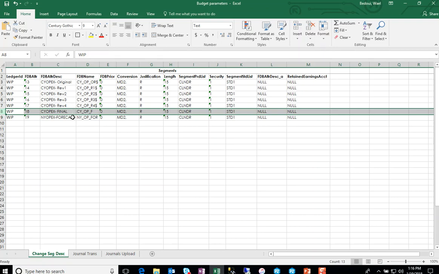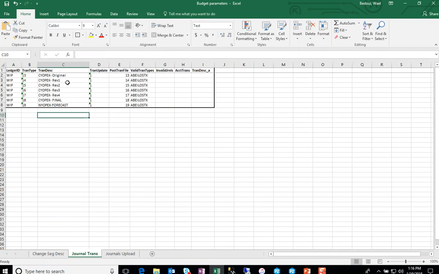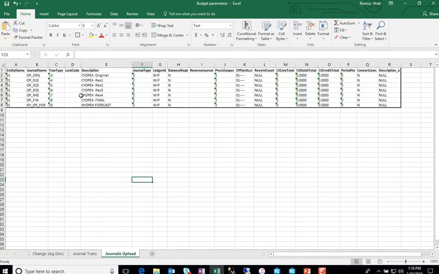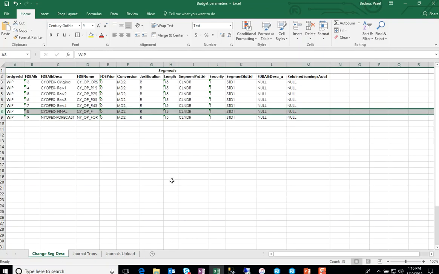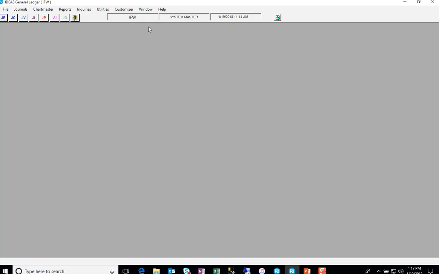Now, based on the segment list, I will create the journal transaction list, which will be the same thing. So I will need original, revision 1, 2, 3, 4, final, and forecast, and then define my list of journals. So what you see here in the Excel sheet are the templates that consultants are using to load parameters directly to the SQL Server. However, from your side, you can get assistance from a consultant to do the upload for you, or